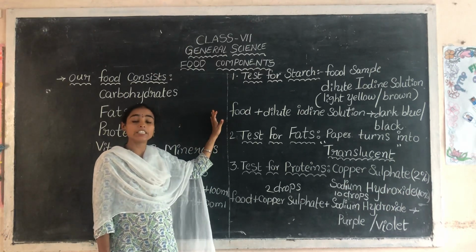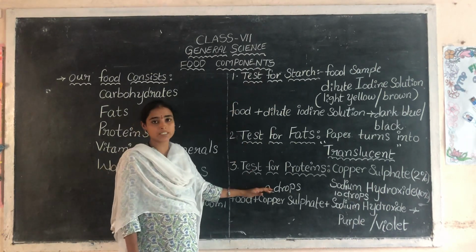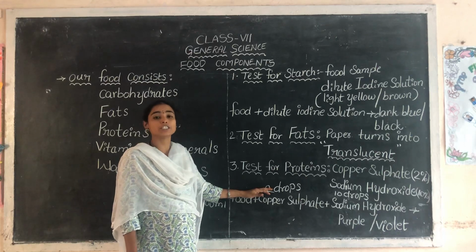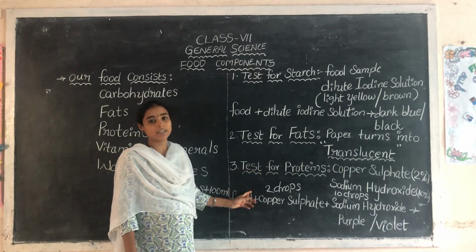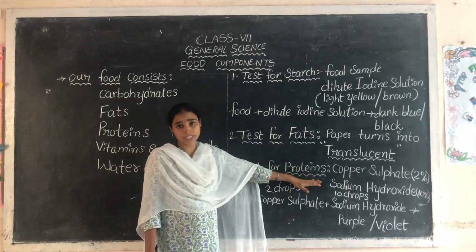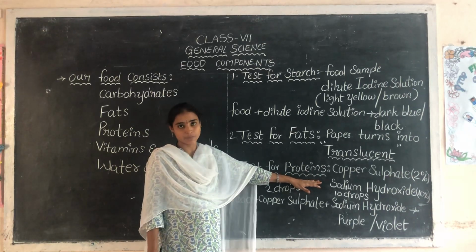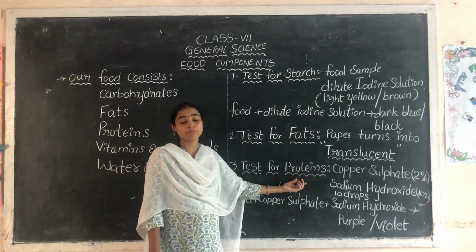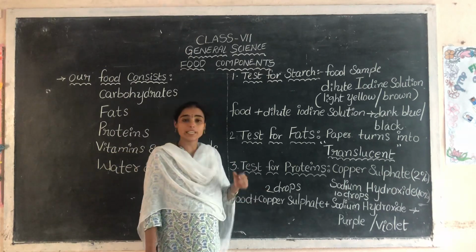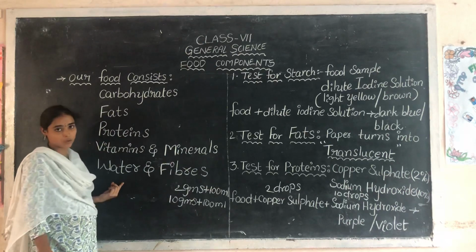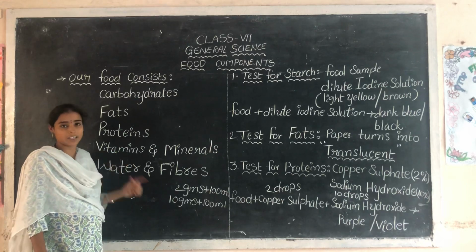Okay, we require different kinds of components: starch, fats, proteins. These all are according to age. Okay, adolescents and growing children need more proteins like milk, meat, pulses, etc. We also need these proteins but in minute quantities. Okay. At the same time, we require the vitamins and minerals also. These vitamins and minerals keep us very healthy.